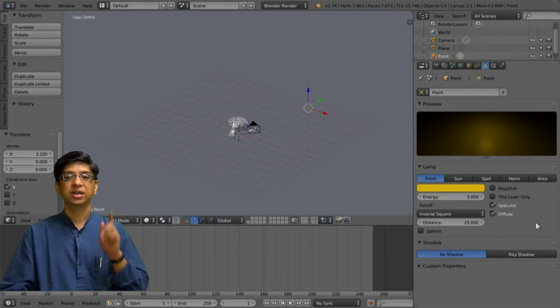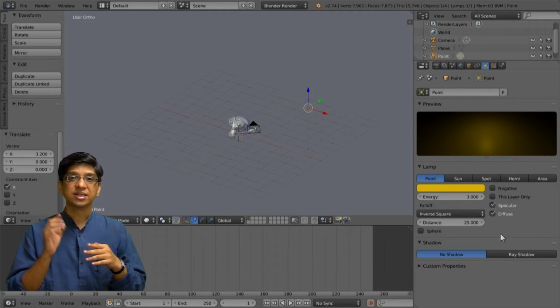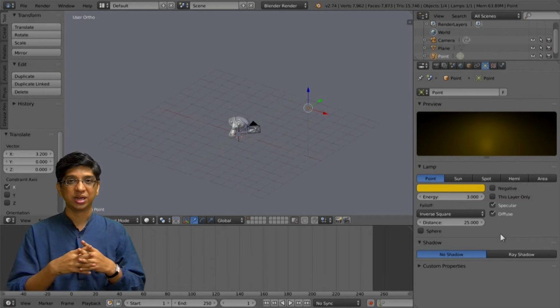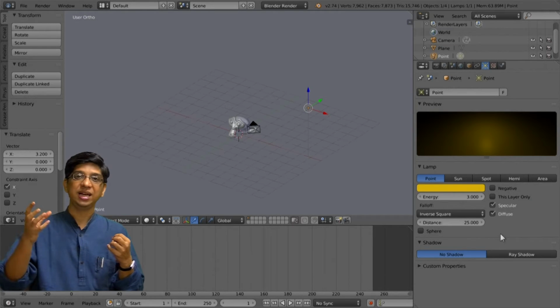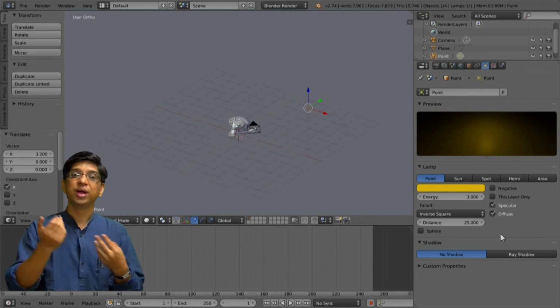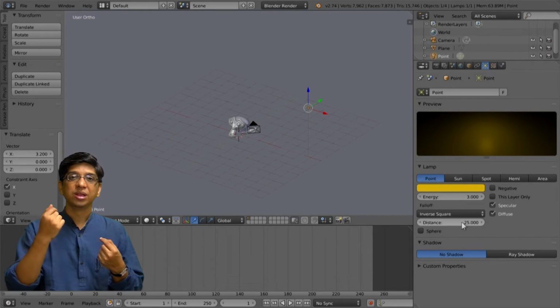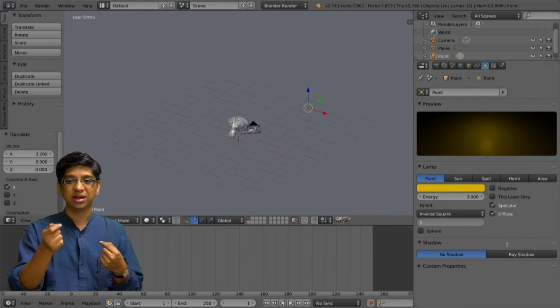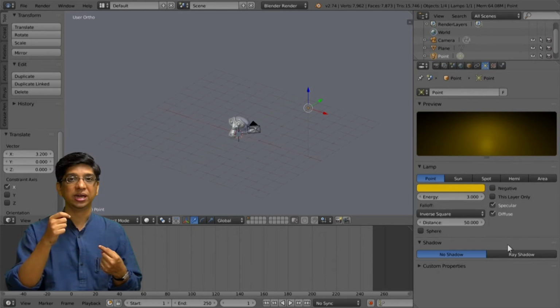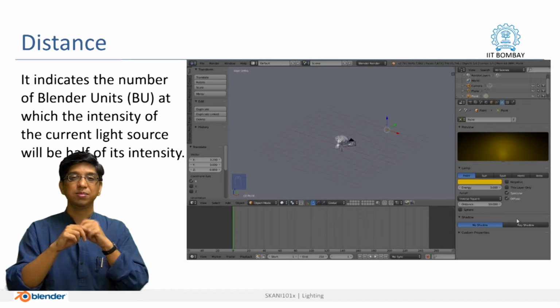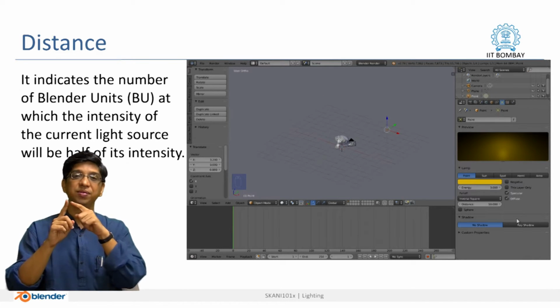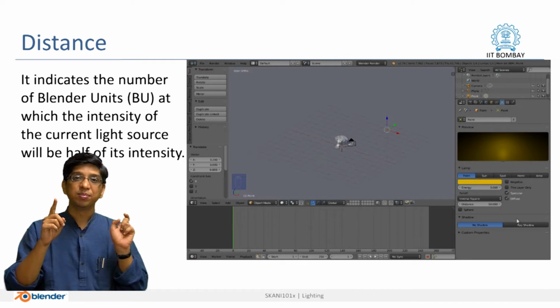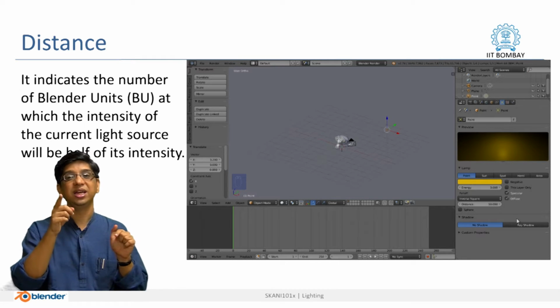After the energy we will come to distance. Distance is an important aspect because it provides various options which we are looking for. It is exactly like placing the light at various distances in the physical world to get different intensities. You can vary the distance with numerical inputs. What it means is the following: if you type in 50, it means that from the emitter, 50 units is the point till which the light will have 100% intensity as written in the energy option.